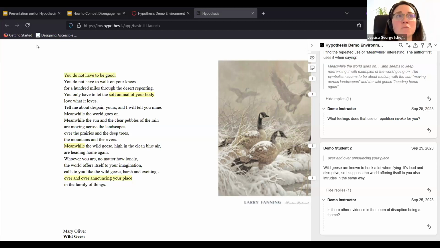Alternately, if you are looking for more of a one-to-one interaction between yourself as the instructor and the student, we can also enable that. So the student might be doing more self-study or showing you that they can critically move through a text independently. There are different functions. The default is kind of a big umbrella social annotation with everyone participating. But as Professor Gopal mentioned, there are lots of different ways to use the tool depending on how you want students to be collaborating.